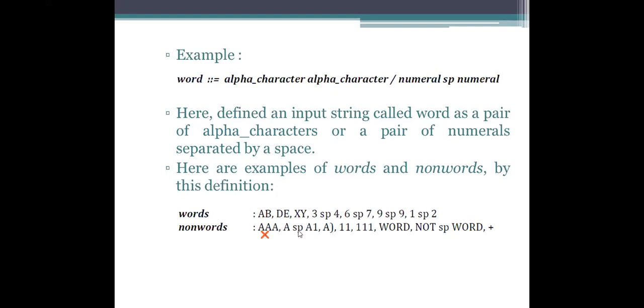Okay, and coming to the next one, A is the first one. We are reading the input here. A is the correct one, so the first is an alpha character and it satisfies this one. And again, we are using a space. But here it is not designed like that. If we are using numerals, the space is allowed there, but such a definition is not there for alpha characters. These are words only, but they are not specified as correct words or correct input values for this grammar. So that's why it is a wrong one.